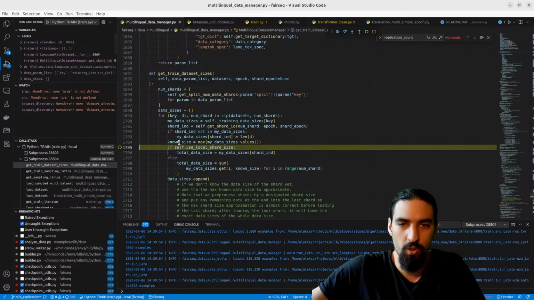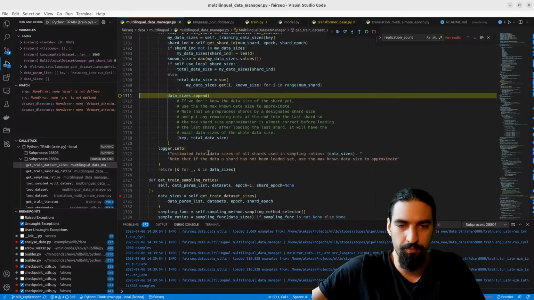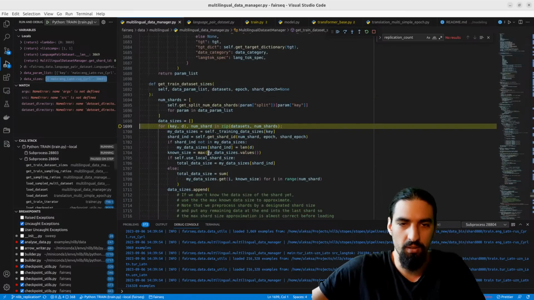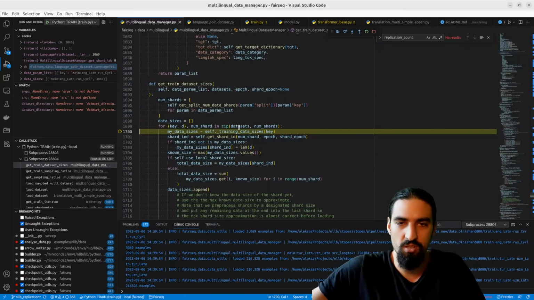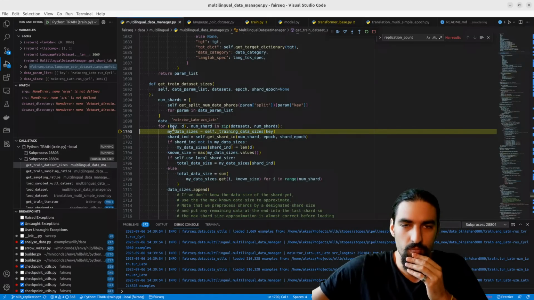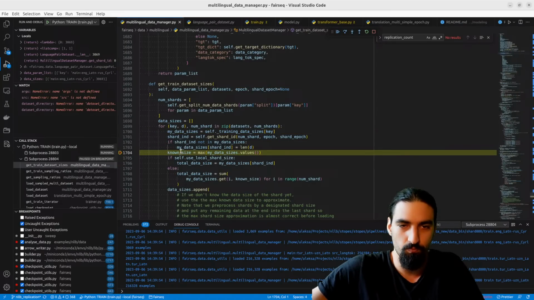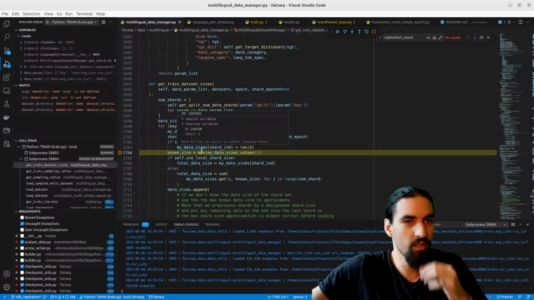So that's where we get the 3000 from. And we append it. And then we do the same for the second data set, Turkish Latin. This one turns out to be bigger, as you can see here. Okay, let's see why English Latin.